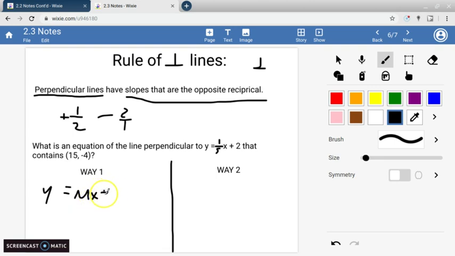You plug in all the values except for b, because you know that the slope is going to be 1/5, and then we know that we can plug in the x and y for that, and you would solve for b. And when you do that, you find out that